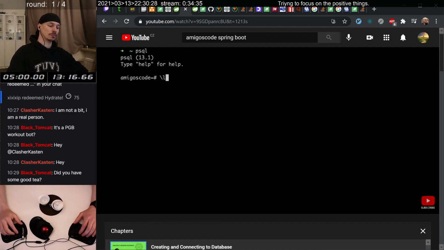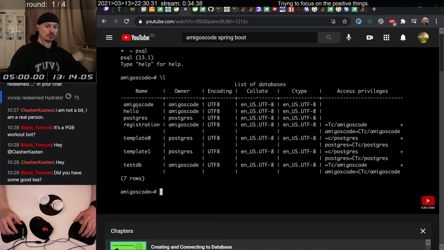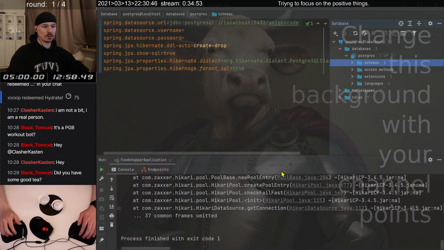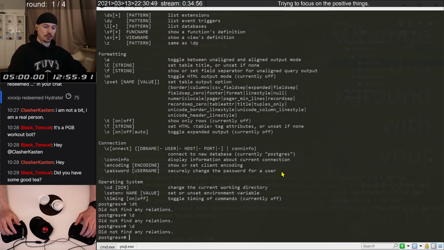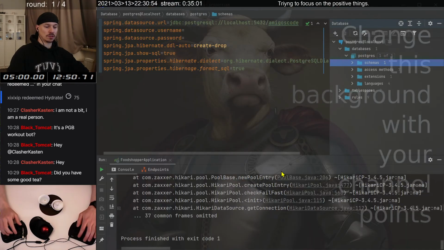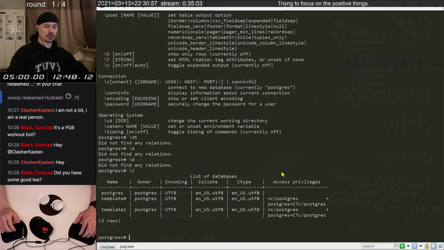And if I do a \l, you can see that we have a couple of databases in here. But what I really want, if I press Ctrl L, is to create a brand new database. So create database, and then call it student. Okay, so I'll do that. Oh, what he did, the listing was with \l. So I have a Postgres template, so I will create database, and this will be